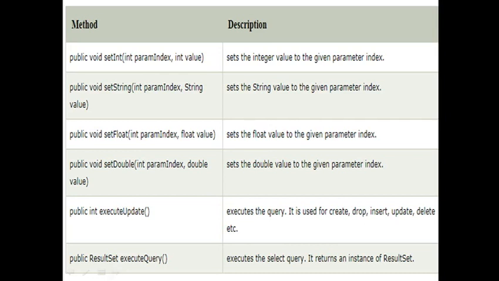These two methods are very important. In the Statement interface we use the execute method, but in PreparedStatement you have to use the executeUpdate method to execute any type of create, drop, insert, update or delete. And if you want to pass select star from table name, that time we use executeQuery, and the return is a ResultSet object. So whenever you are using the ResultSet interface, that time we can use the executeQuery method, and this method is specially used for the select statement or select query. It returns the instance of the ResultSet.